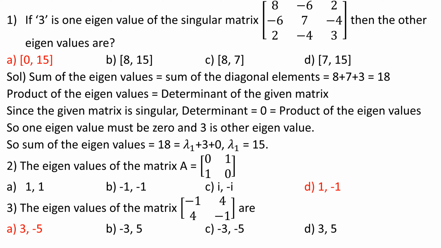Look at option B, minus 3 comma minus 3 plus 5, so plus 2, so option B is not correct. Minus 3 minus 5 is minus 8, option C is not correct. 3 plus 5 is 8, option D is also not correct. So clearly from the first step itself we identify the eigenvalues: sum of the eigenvalues is equal to sum of the diagonal elements, that is minus 2, so option A is correct. This is the approach, and in this case clearly from the first step itself we have identified the eigenvalues.